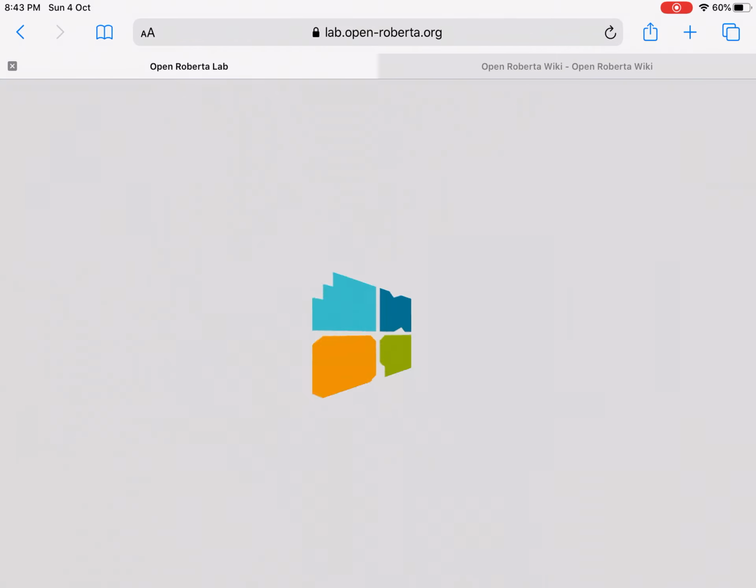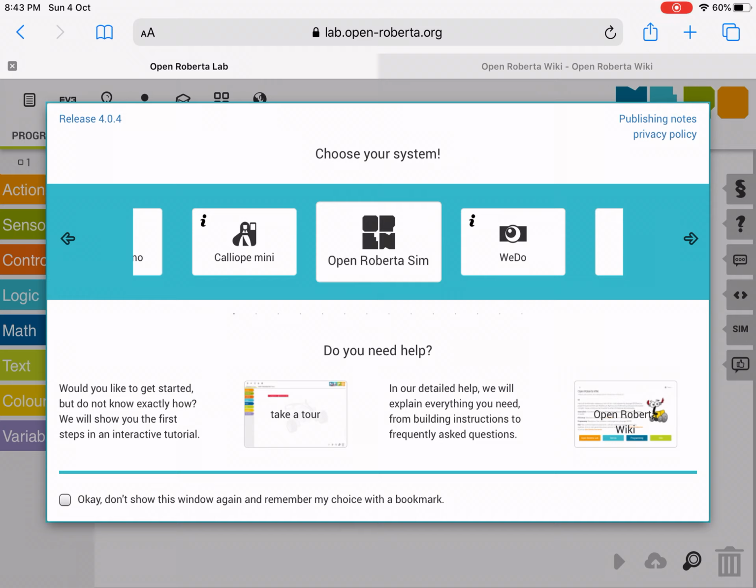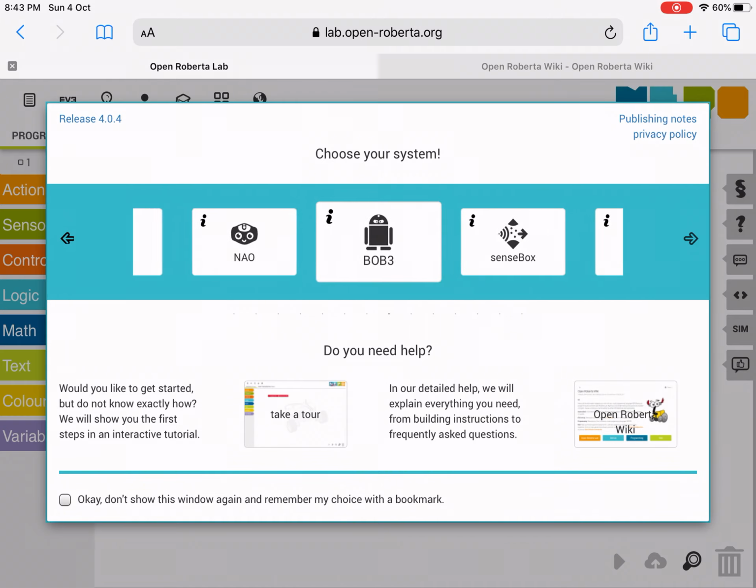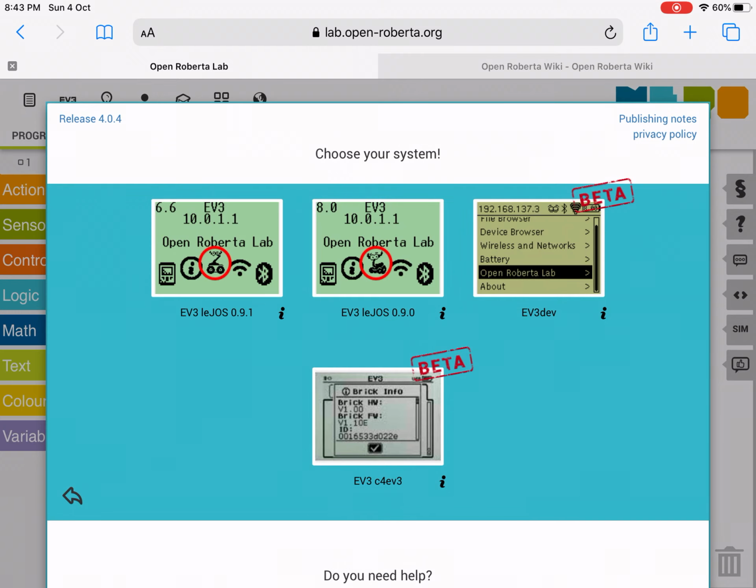When you click it, just give it a couple of minutes to load the software, and you should see something like this on your screen. We're going to choose our type of robot first, which is the Lego EV3, and you can see there's lots of other choices, so maybe you can have a look at those another time. We choose the middle top option, which is EV3 Legos